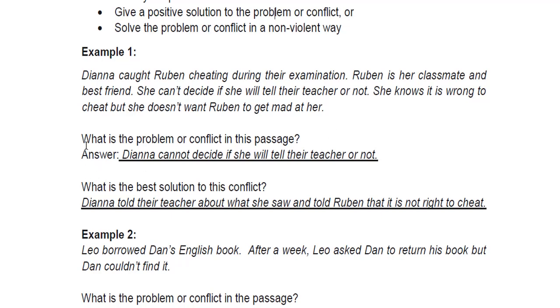Okay? So what is the problem or conflict in this passage? So what is the problem of Diana? So Diana, of course, the problem is she cannot decide if she will tell their teacher or not about the cheating during the examination. And what is the best solution to this conflict? So Diana told their teacher about what she saw and told Ruben that it is not right to cheat. So that is the solution in a non-violent way. So Diana